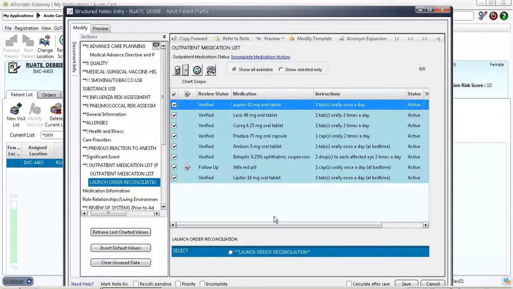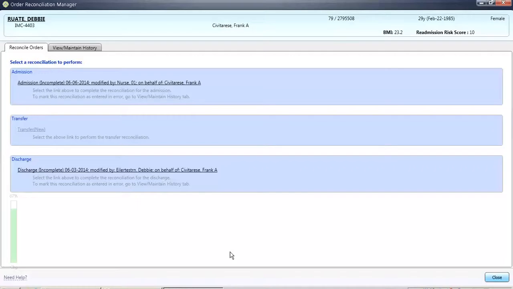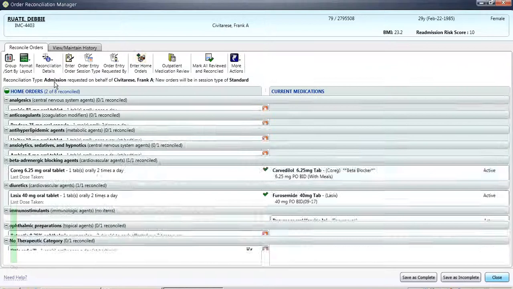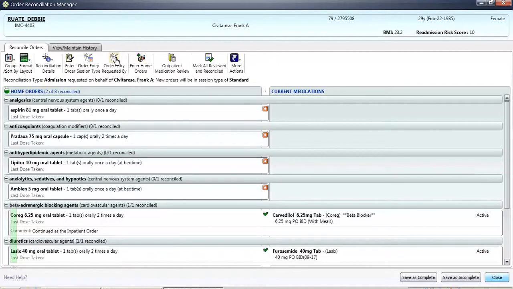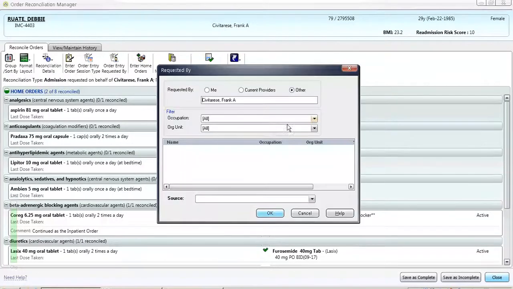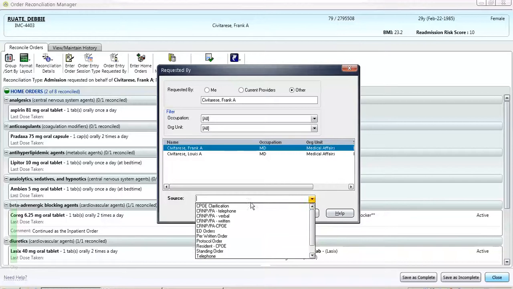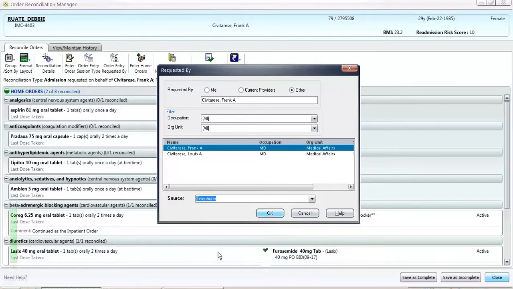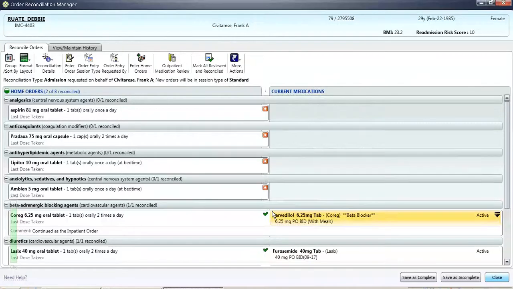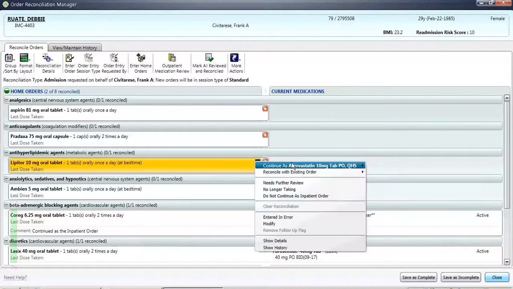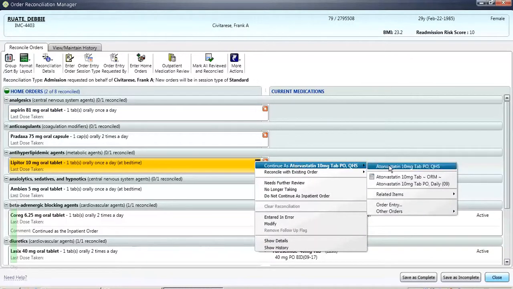The attending physician calls to reconcile the medication. The nurse returns to the patient profile and opens the outpatient medication section and launches the reconciliation document. The nurse chooses the physician and the appropriate source. The nurse uses the black action down arrow to pull over or continue the medication to be reconciled as per